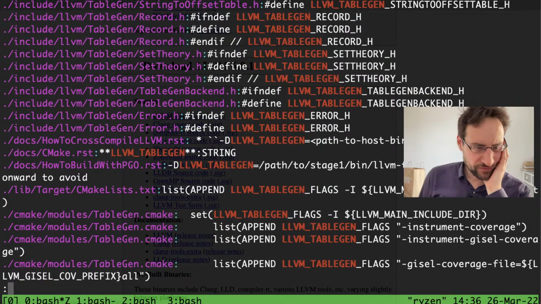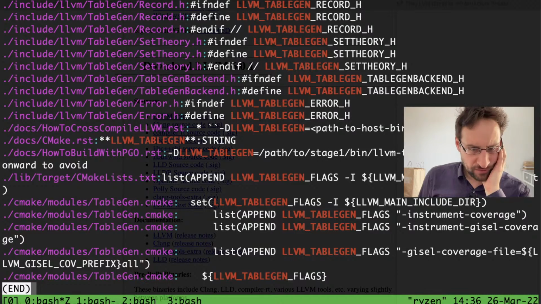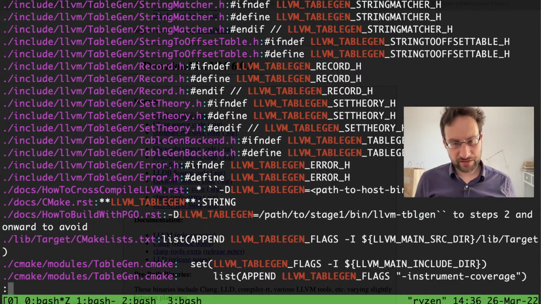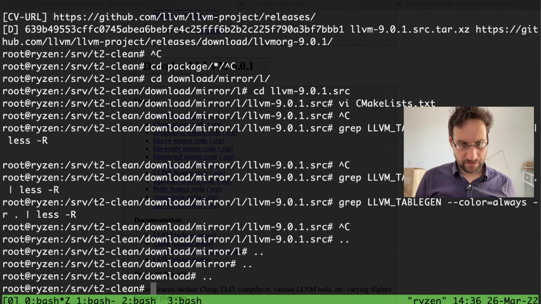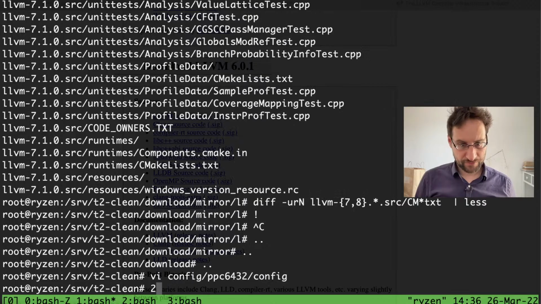Oh wait, no, this is CMake rest. I don't see, they could always do some trickery though and create this string on the fly.